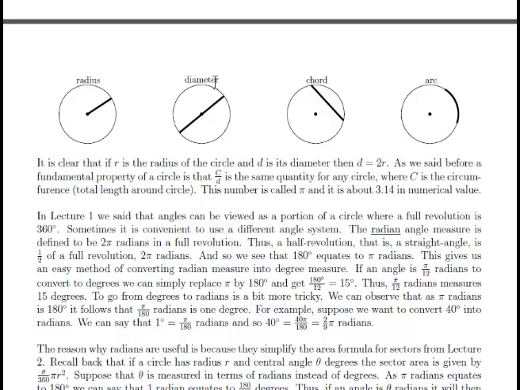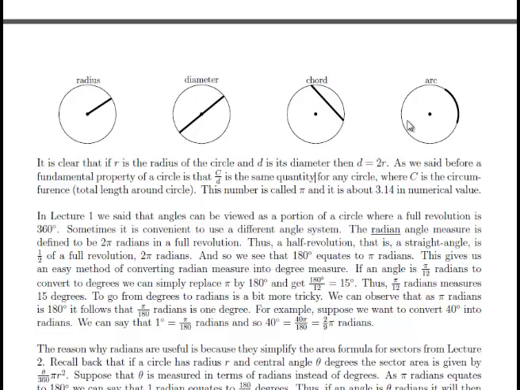Area of a circle, as you may recall, is pi r squared. A few other terms in a circle. There's the radius, which is simply the line segment from the middle to the edge. Diameter is all the way across. A line segment that doesn't pass through the middle of a circle, but goes from point to point, is called